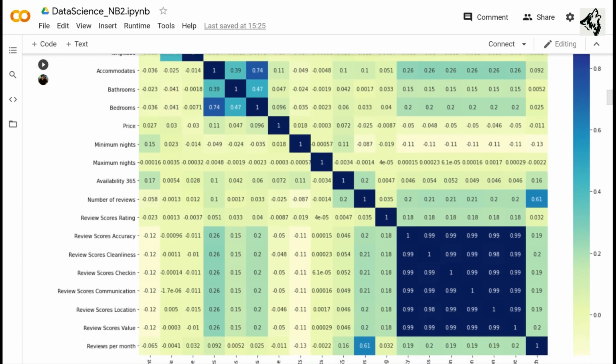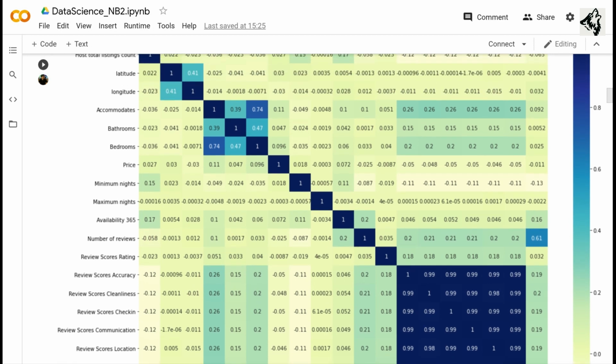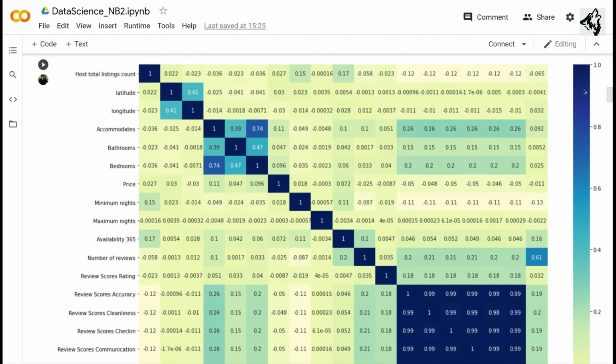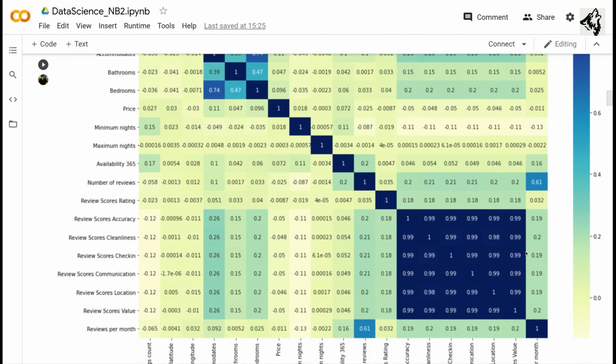The darker the color of the cell in the matrix, it tells us that the bond is strong, whereas the weaker colors in the matrix tell us that the bond is weak. So when the value is closer to 1, it shows a stronger relation, whereas the lower values show a weaker relation between those two columns. The value in correlation is bounded between -1 and 1.